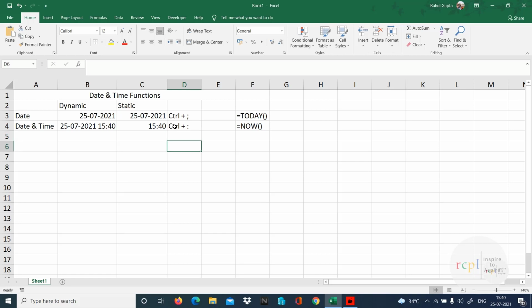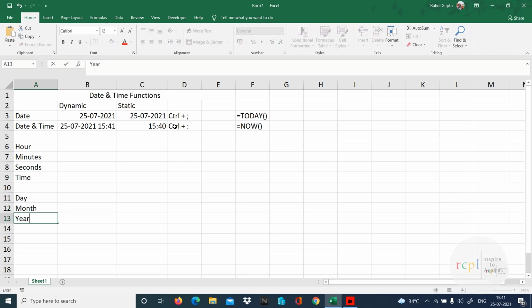Now I need to extract a few more things from this, like hour, minutes, seconds, and again make a time. And I need to extract day, month, year, and again make a date.